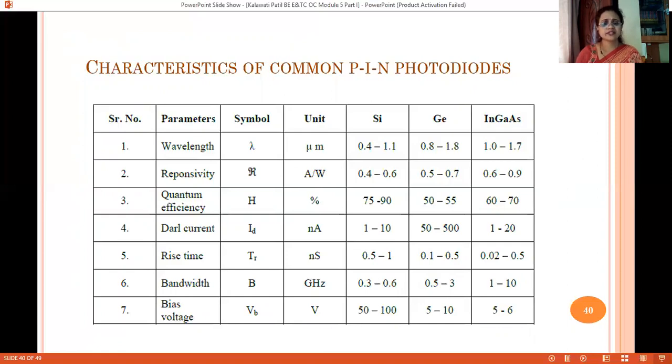Even the responsivity, the quantum efficiency, the dark current, the rise time, the bandwidth, and the biasing voltages. So you will see that in all respects the performance of the photodiode made up of indium gallium arsenide is much better than silicon and germanium.